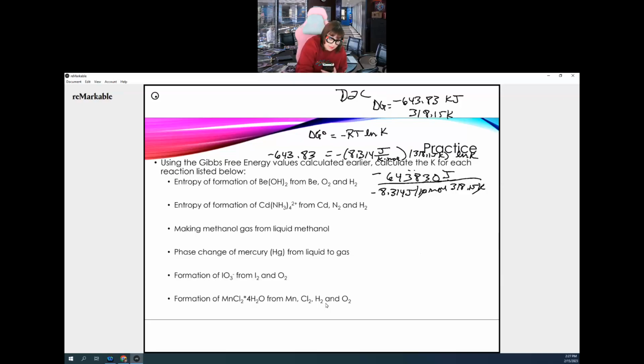Joules will cancel, and that will leave me with a per mole value, which makes sense. If I've moved all of that stuff over there, that means that's going to be equal to the natural log of K. I'm going to simplify that value first because my head works better that way. So I'm going to divide by the 8.314. I'm going to divide by negative 318.15 because I didn't put the negative on the 8.314, so I'm putting it on this one. And that's going to give me that the natural log of K is equal to